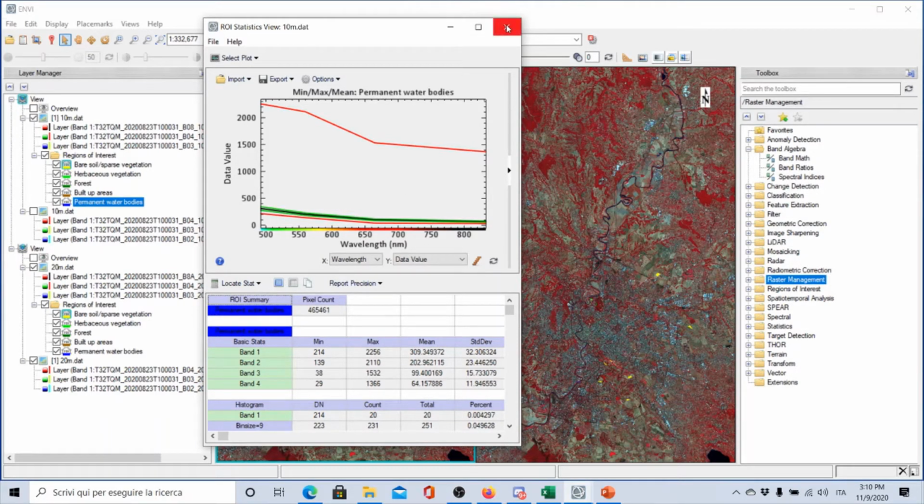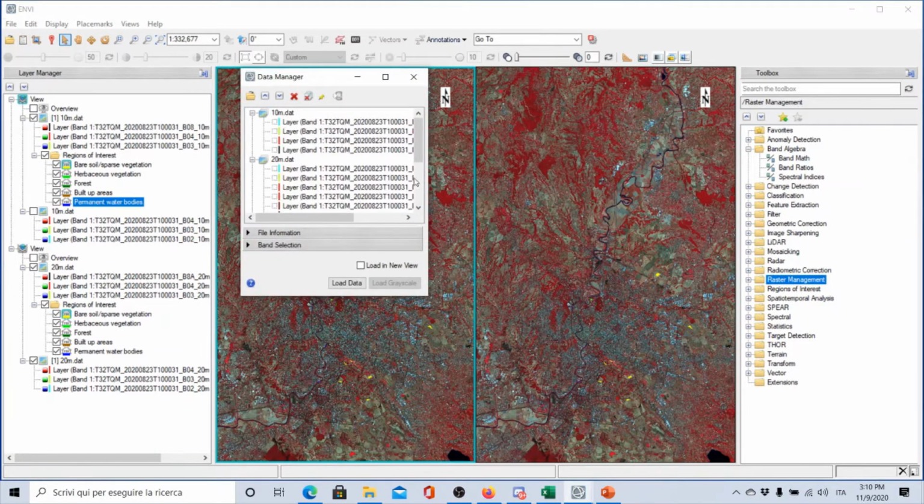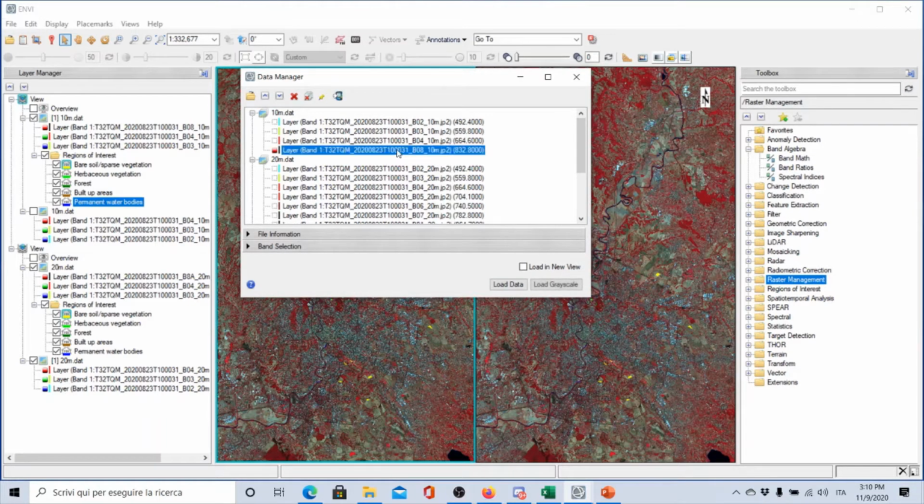So let's check if this is possible. How can we do this? Okay, go to the data manager. All right. And in the data manager, for example, from the 10 meters, let's check the first bands. I'm enlarging these windows. I'm sorry, near infrared bands. You see, this is band 8. So I'm loading it in the